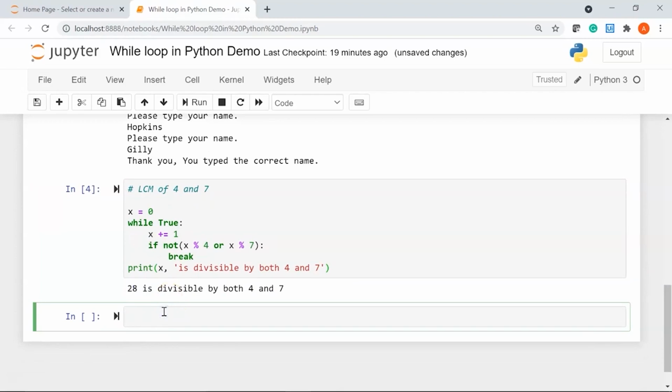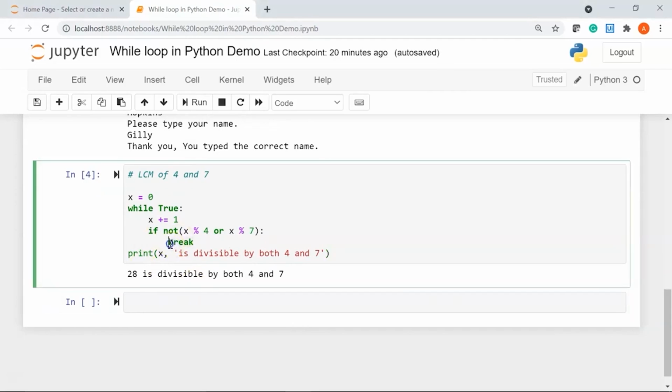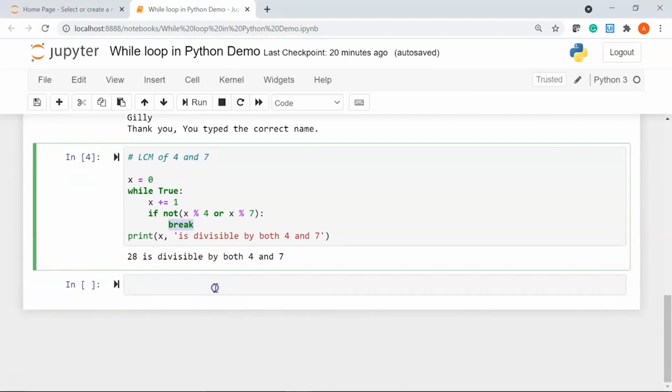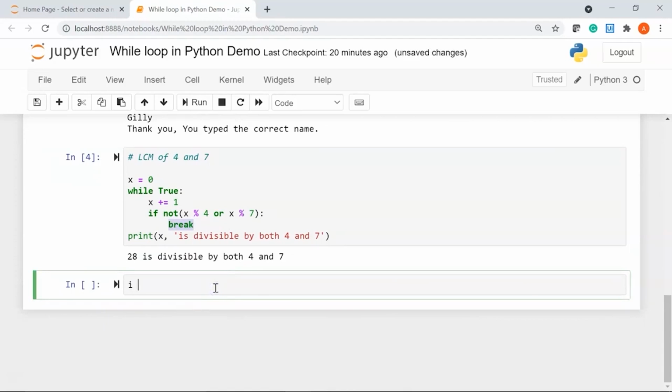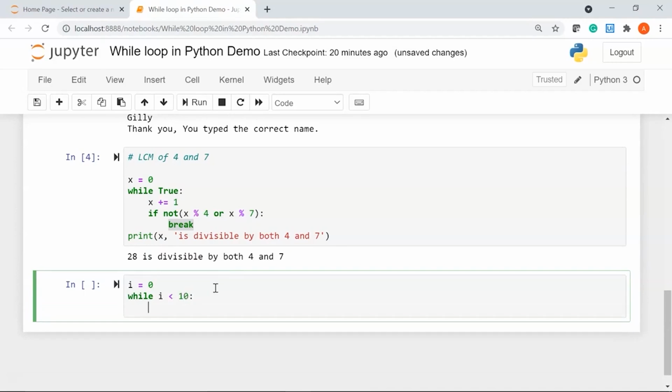Alright. Now you can also use the continue statement. Just as you use the break statement to come out of the loop, you can also use the continue statement to continue running the loop. So I'll say i = 0, while i is less than 10. So this is my expression. My loop is going to run until i is less than 10.